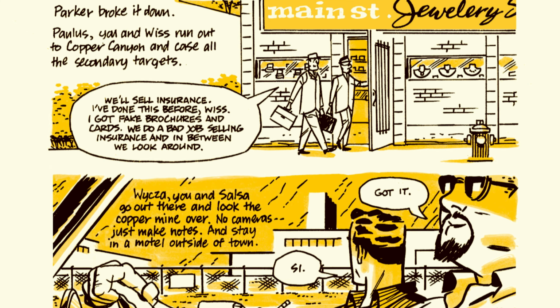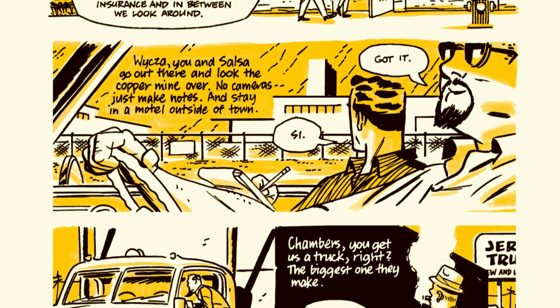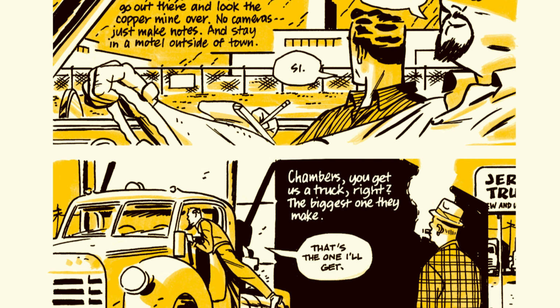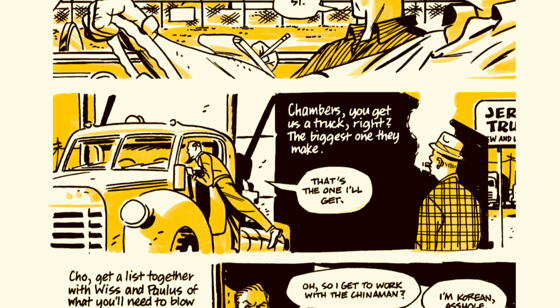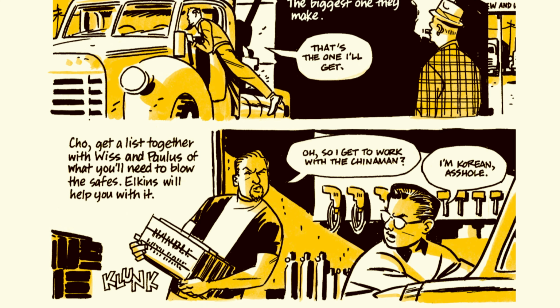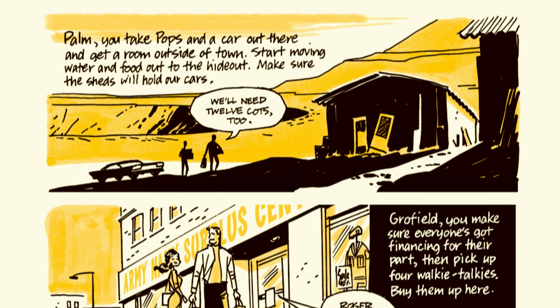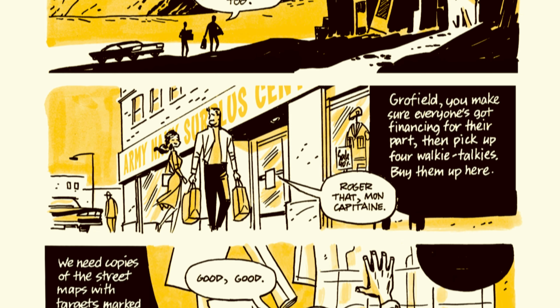A bunch of different locations might be tempting to just render the snot out of, but Cooke keeps it exactly simple enough that we get the point. That industrial shot in panel 2 is so simple, and so is the garage in panel 4. It's just a single wall, a hint of a car, and some really abstract tools, but that reads exactly as a garage. On the next page, I love the use of black to just draw your eye through everything, and